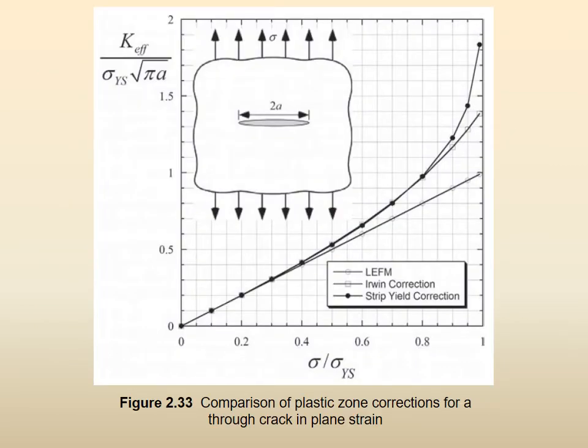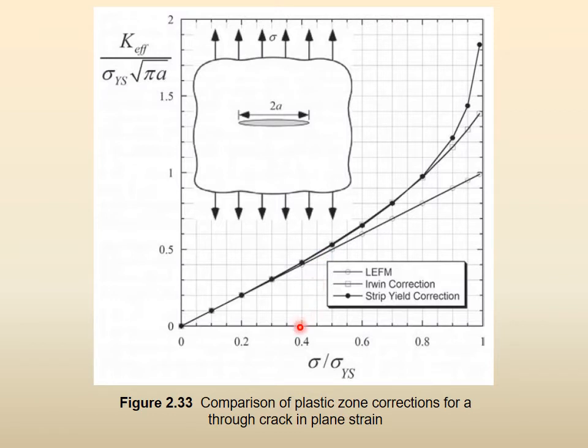So here, this is a chart type of graph which is brilliant again, which is very, very good. Basically here it is K effective, and here it is the remote stress. K effective has been divided by yield strength into root pi a, so that now it is unitless, and sigma has also been divided by sigma ys, so this is also unitless. But this directly tells you how much sigma you applied. When you are at 0.5, then sigma is equal to 0.5 yield strength and so on, right? So there is no major difference until roughly here, right?